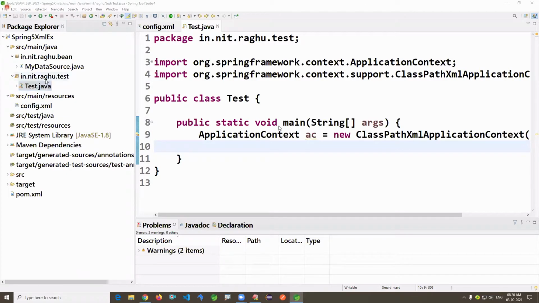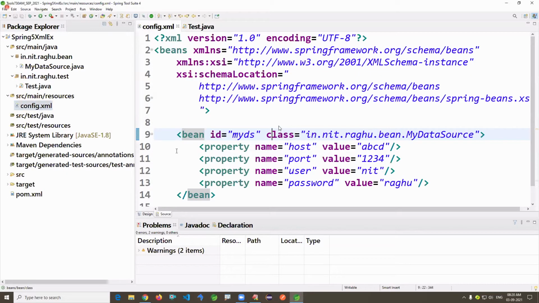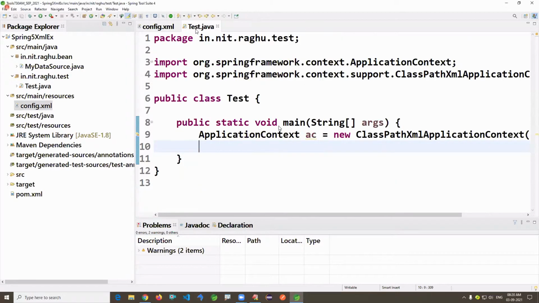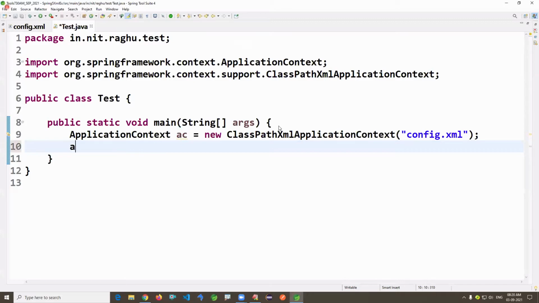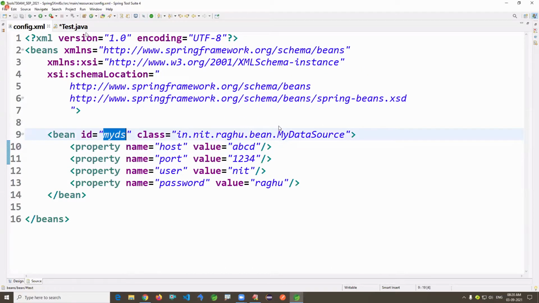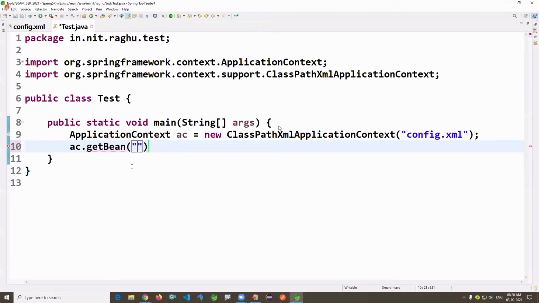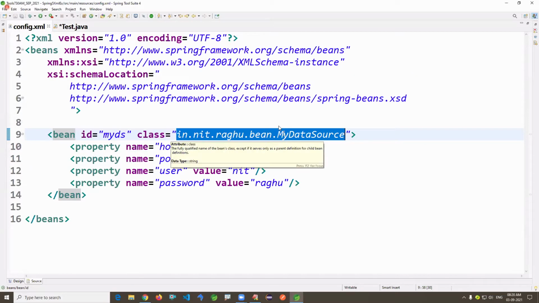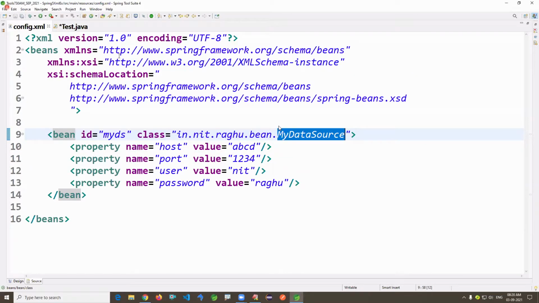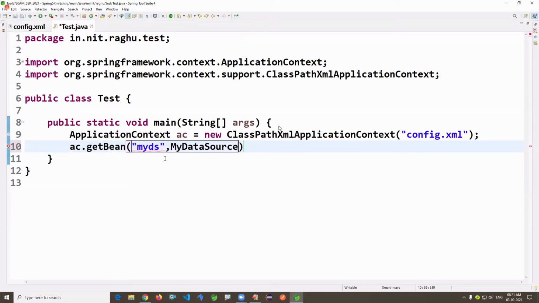Actually it's setter injection internally. This property is called setter injection. There I'm writing ac dot using the method getBean. Which object do you want to read? I want to read my ds, this is the object name. And what is the class type? It's MyDataSource dot class, to avoid casting.